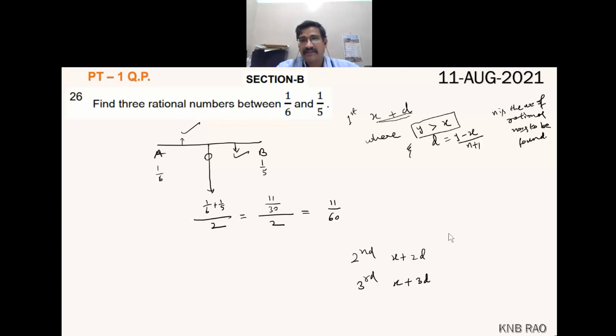Based on that concept, this technique is derived. It is a progression. For example, if I take odd numbers: 3, 2 more than 3 is 5, 2 more than 5 is 7. Here the difference, D, is called the common difference. D is always the common difference between two consecutive terms of an arithmetic progression. So this technique is derived from the concept of arithmetic progression. Normally, this technique we will never discuss because children do not know what arithmetic progression is.